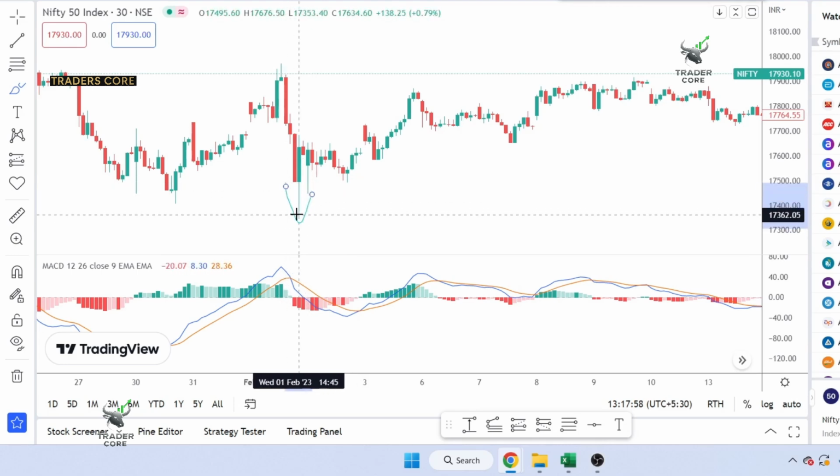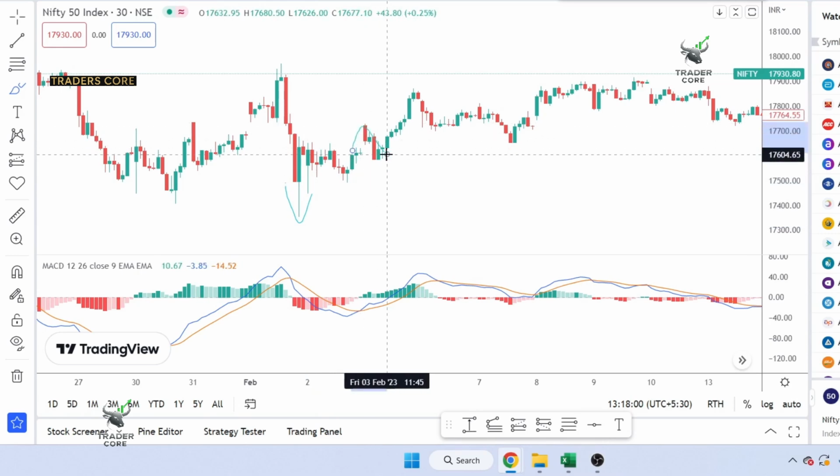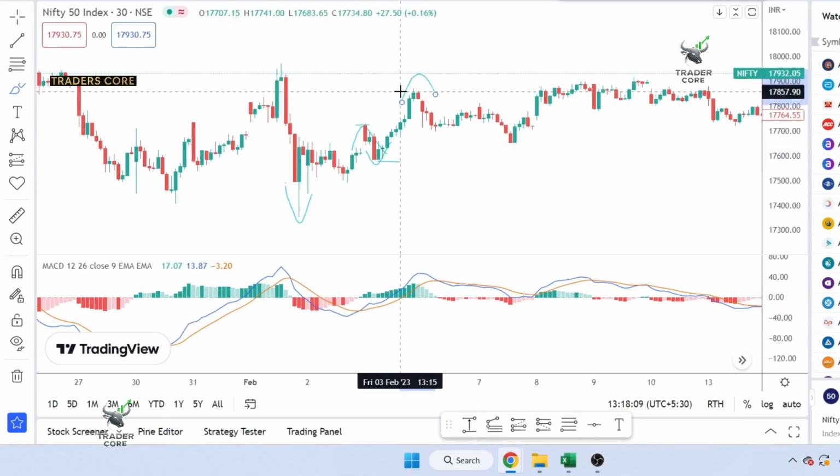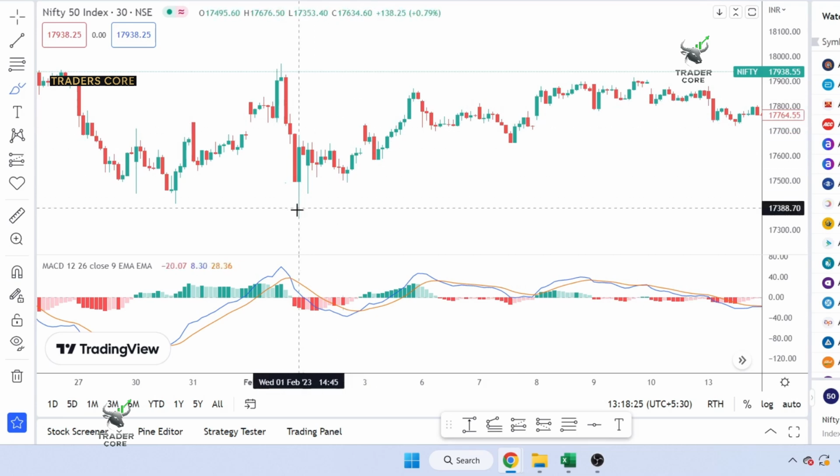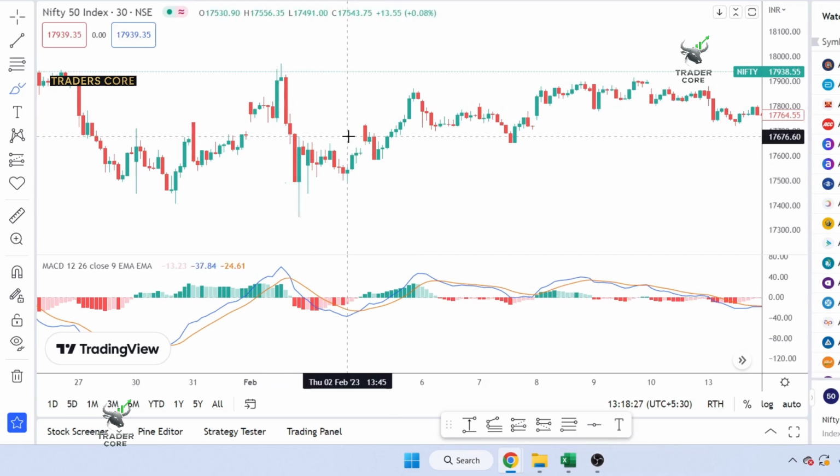This becomes a swing low. Similarly, this is an opposite V, so this becomes a swing high. Similarly, this is a V shape, so this becomes a swing low, and this is an opposite swing, so this becomes a swing high. So the first thing that we have to do is create the different swing highs and swing lows, and based on that we will decide whether we want to take the trade or not. Once we have created all our swings, we